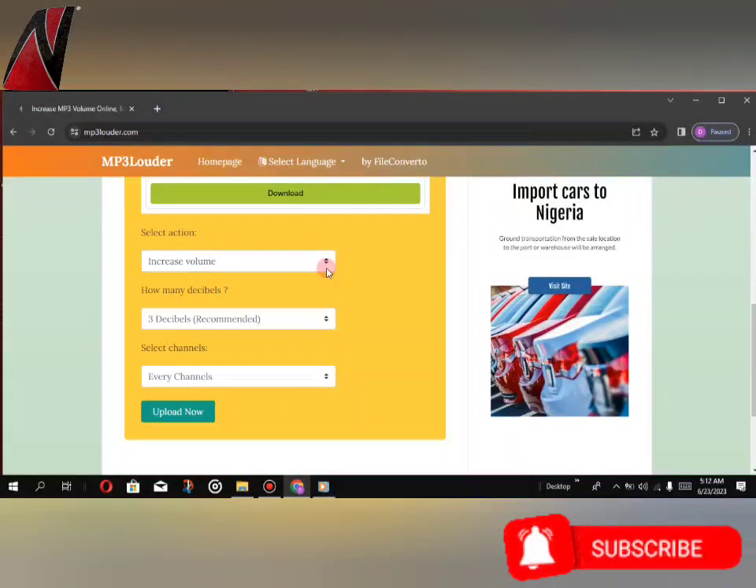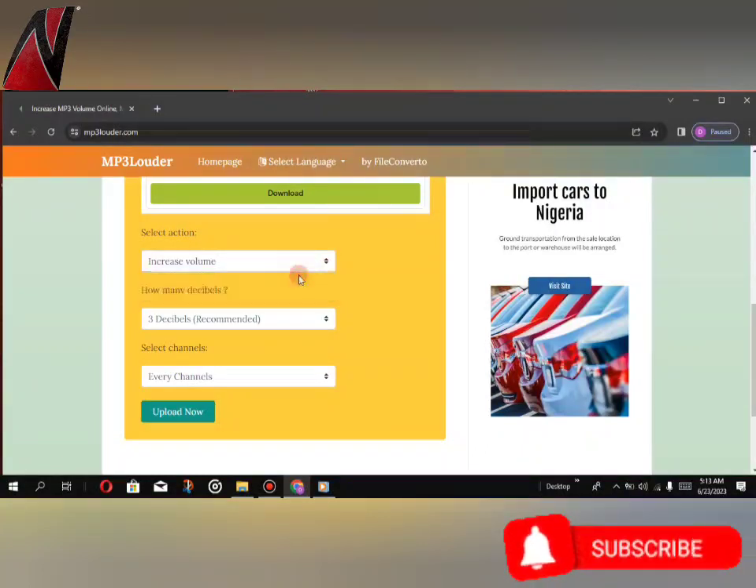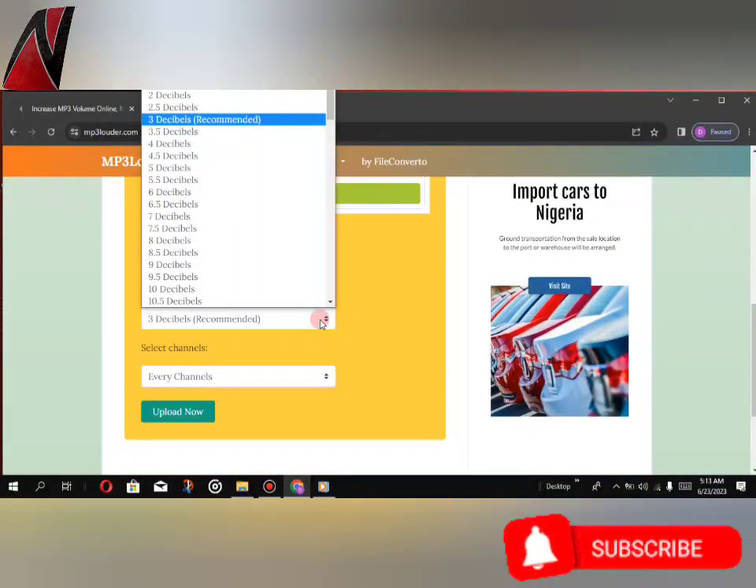The first option here is to select whether you want to increase the volume or decrease the volume. So let's choose increase, and these are for the decibels you want. So you have to choose a higher decibel. As you can see, the recommended decibel here is 3 decibels, so you just have to choose a higher one. So let's go on with 4 decibels